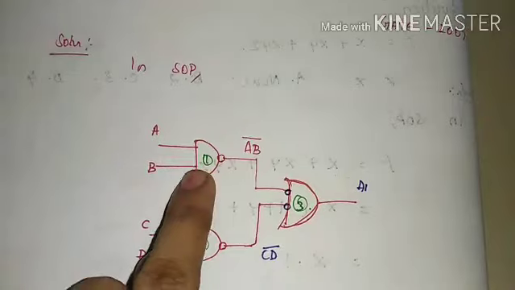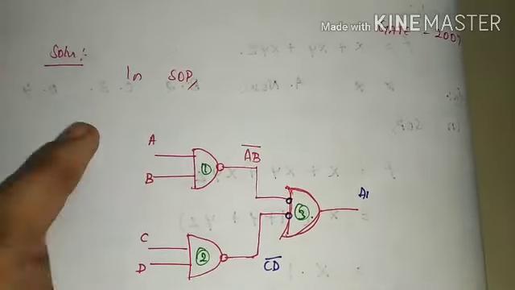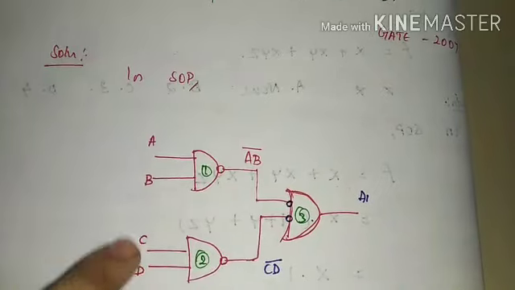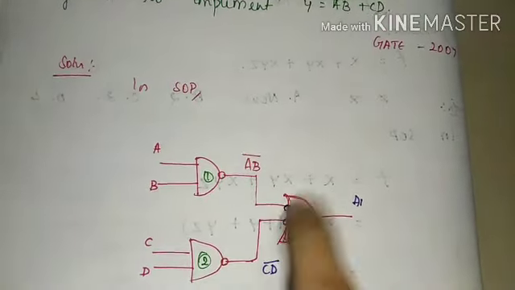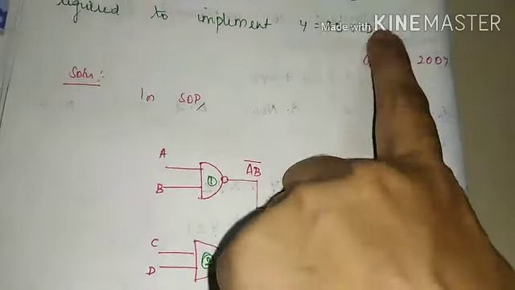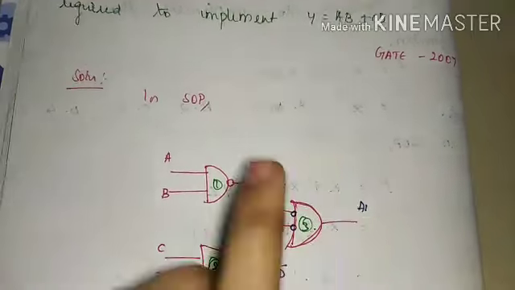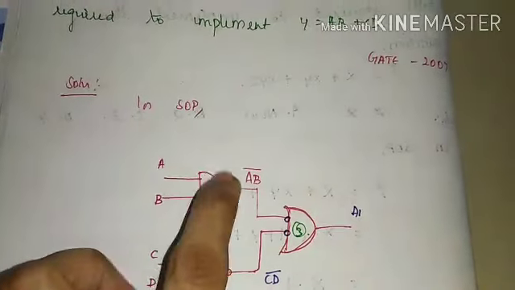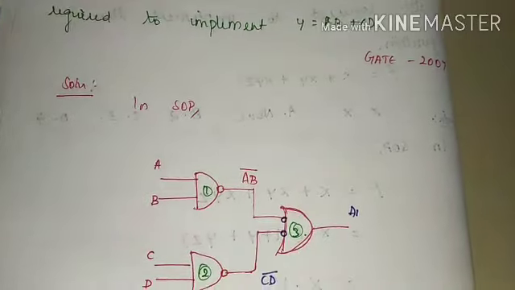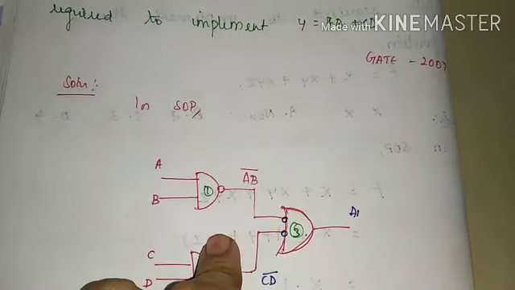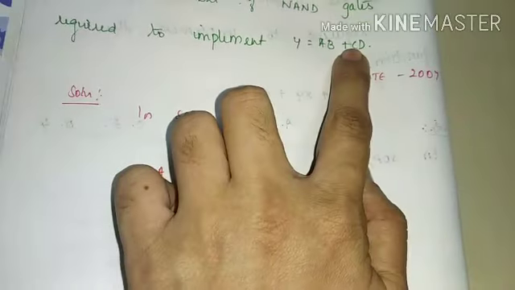First, we have to draw one AND gate with the inputs of A, B. We have to draw one more AND gate with the inputs of C and D. Then, after that, we have to introduce one OR gate to sum up these two components, right? So, we have introduced one more OR gate. After that, at last, I have added all bubbles over here. So, 4 bubbles I have introduced to just cancel it out, right? So, our final answer will be AB plus CD.